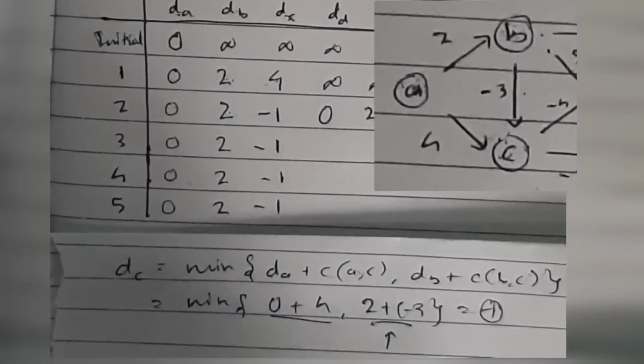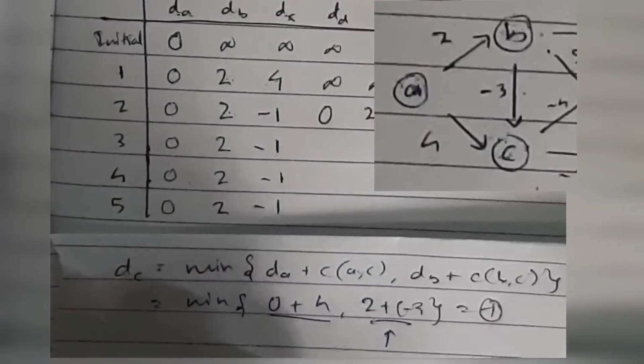When you get the same value twice, copy it down for the next rows also, because it will remain the same. Okay. Then for dD, what is the formula? How many ways can we reach D? There are three ways: one from B, another from C, and the third one from E. So I'll write the formula for dD as minimum among three values: dB plus cost of B to D, dC plus cost of C to D, and dE plus cost of E to D, and dD itself.